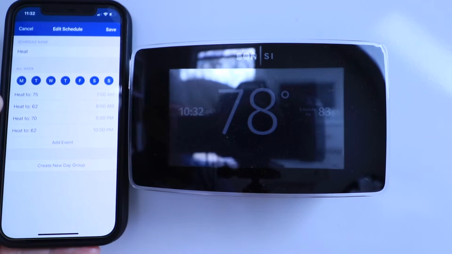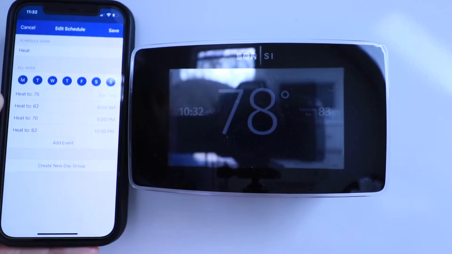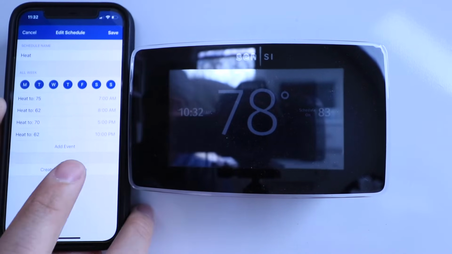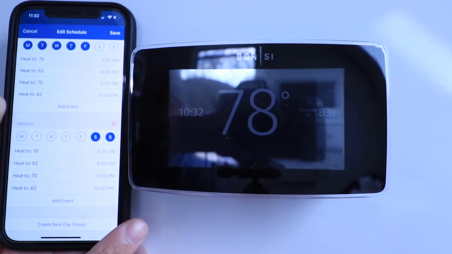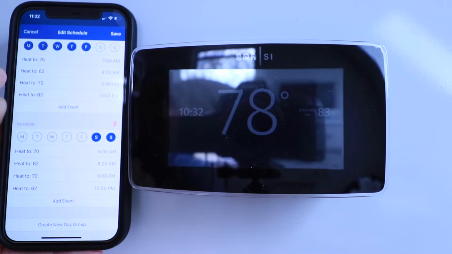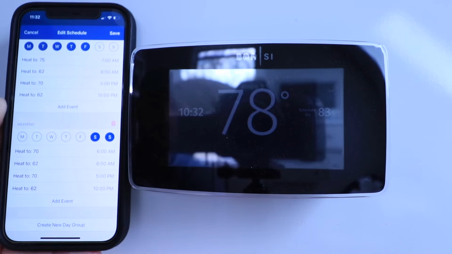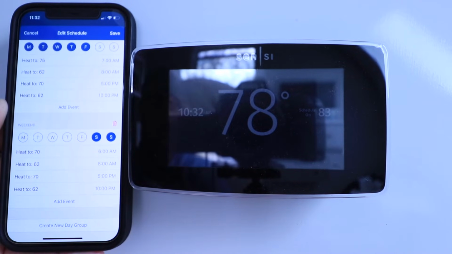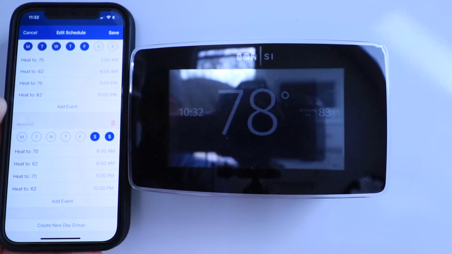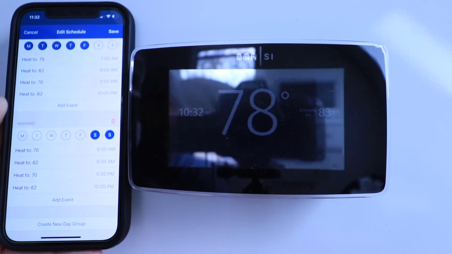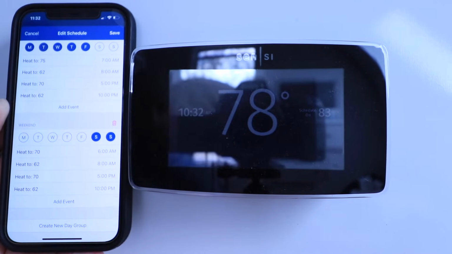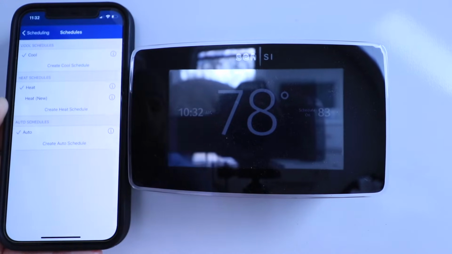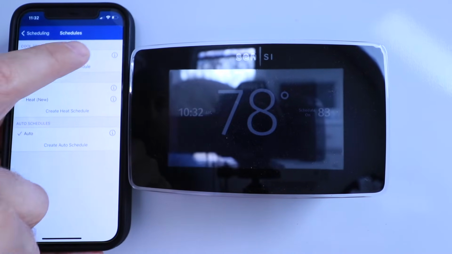So this schedule is currently set for every day of the week, but if I wanted to differentiate weekdays and weekends, I could create a new day group, and let's say we're going to put Saturday and Sunday in their own times, and then now you've got a Monday through Friday schedule, and then I can create my weekend schedule right here. So to do that, you just click that create a new day group, and I could differentiate this as much as possible. I could have every day on a different schedule, but I'm just going to use the weekend and weekday schedule for now. That works pretty well for me, so I click save,